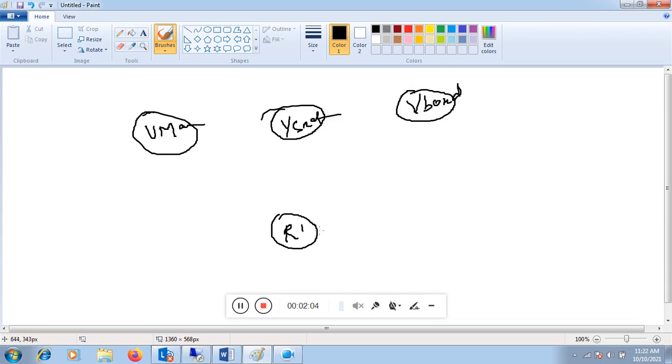So first of all, as a part of initial configuration, you configure a vBond IP address on the WAN edge. Then the WAN edge connects to the vBond and authenticates itself to the vBond.